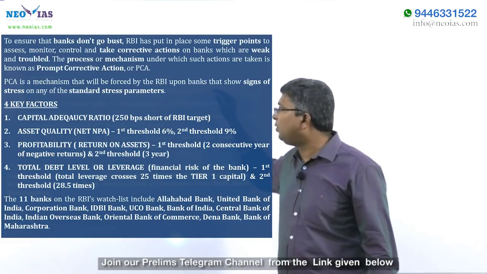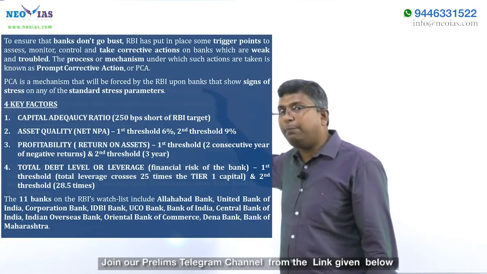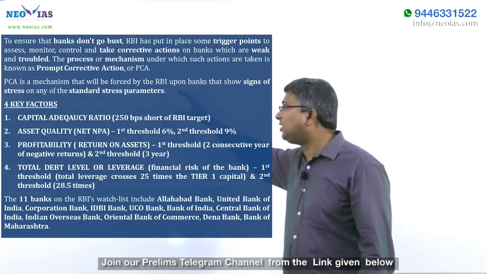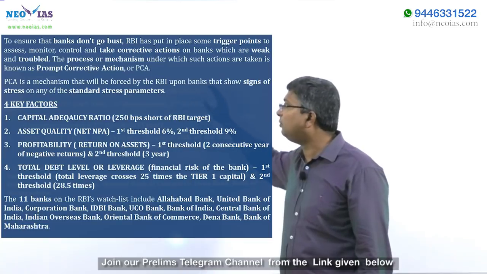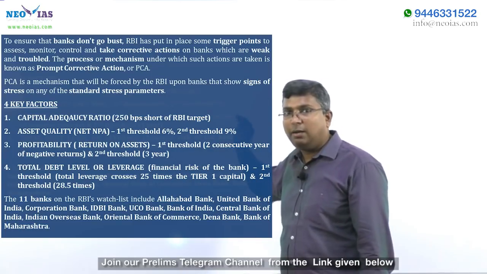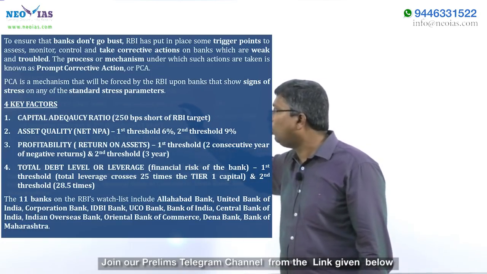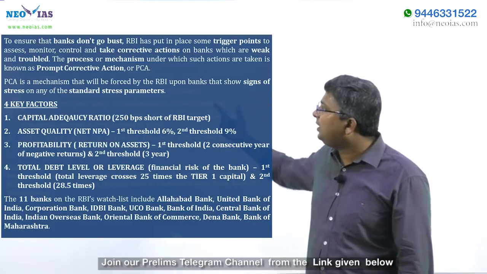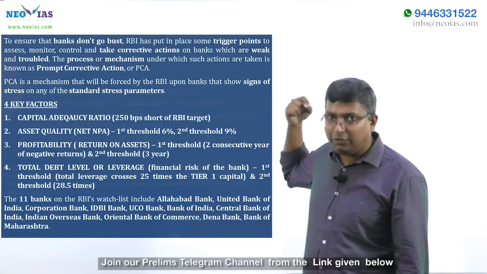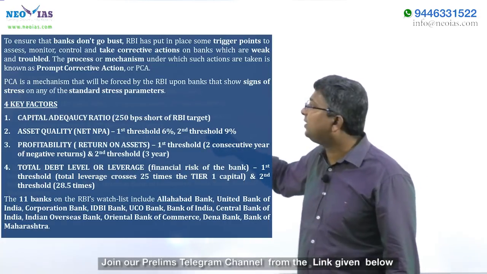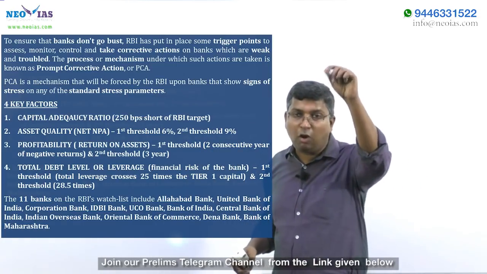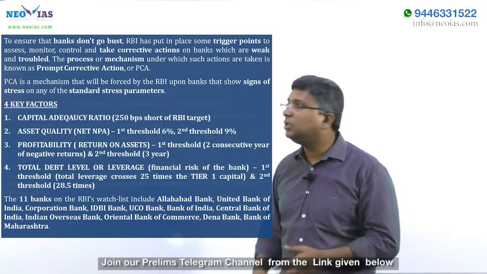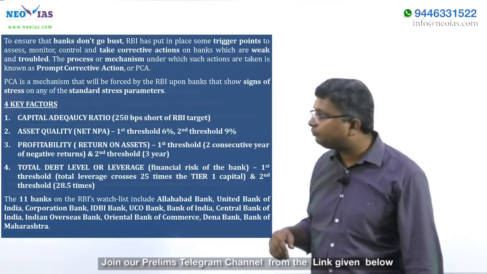Regarding capital adequacy ratio, presently most banks are not in that serious a situation, but it is a concern, as a few public sector banks are now nearing that lower capital adequacy ratio. So you can ask on which indicators RBI sets this prompt corrective action. One is the capital adequacy ratio.